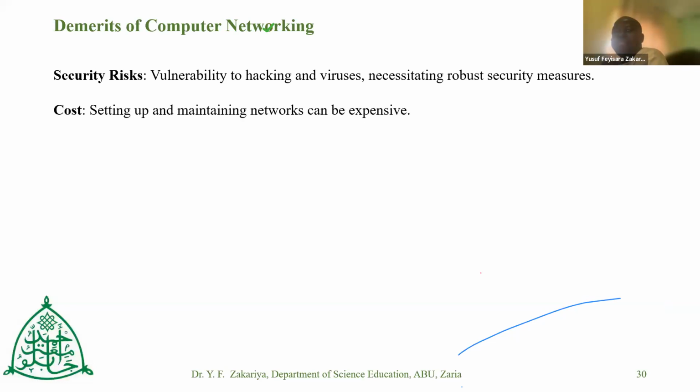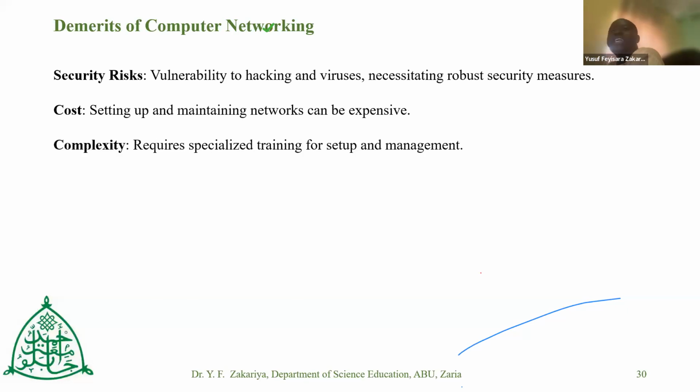Then there is also cost implication. There's cost in setting up and maintaining a network. It's very expensive. And that is what you are going to hear on Thursday when we go to the data center. They will tell you how much. You can ask them that question: how much does it take to maintain the server? Then you will have a feel of how expensive it is to maintain a server. To give you 24/7 connectivity, what does it take the university to do that? So you are going to ask them. Hopefully, you will get your right answer there.